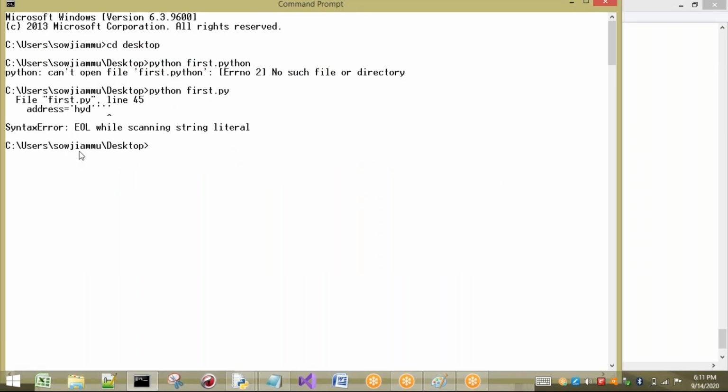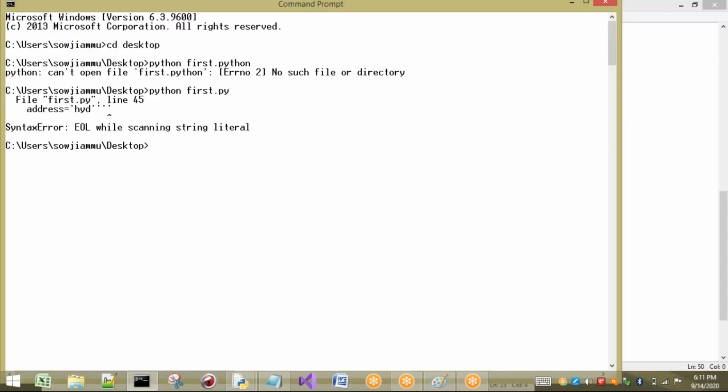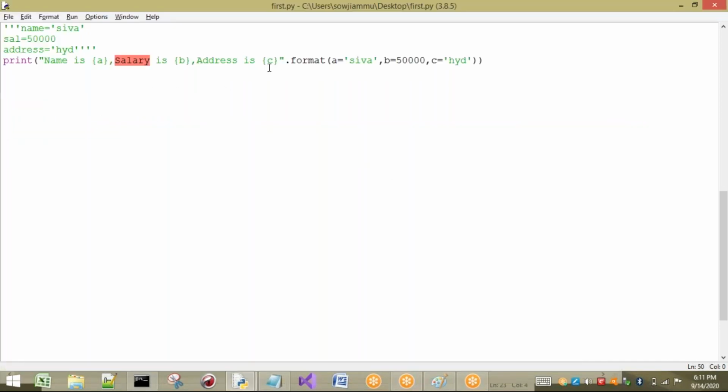Okay, right. Now see here, it is telling two more single quotes are involved here. 1 minute. Where is it? Address equal to Hyderabad. In address equal to Hyderabad. Okay, here it is saying something. So this is for format and this is for print. Okay, let us take direct values without initializing here. Let us see here. Okay, this is one way.